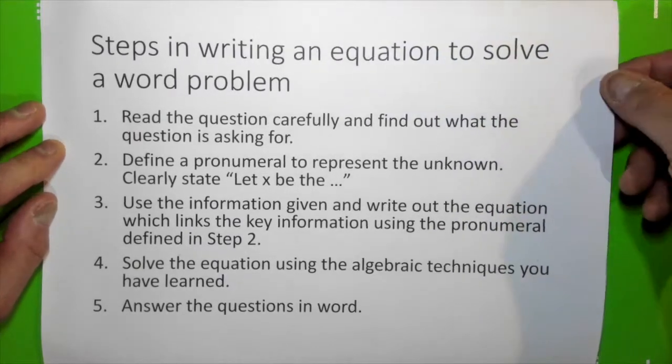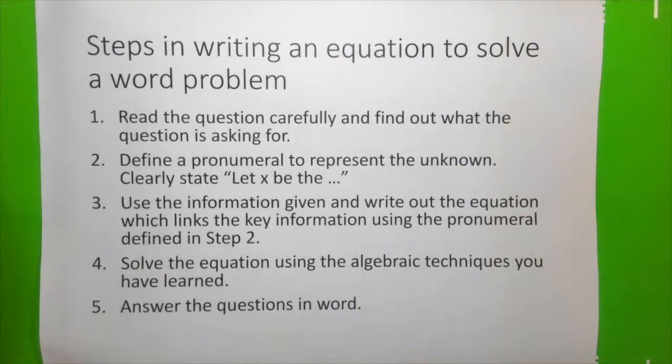Of course, the most obvious one is to read the question carefully and find out what the question is asking for. Now, you define a pronumeral to represent the unknown. Clearly state, let x be the number of hours you're looking for, or x be something else. The pronumeral could be x, could be p, could be r, could be anything,